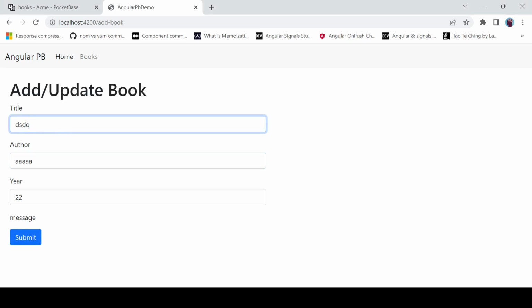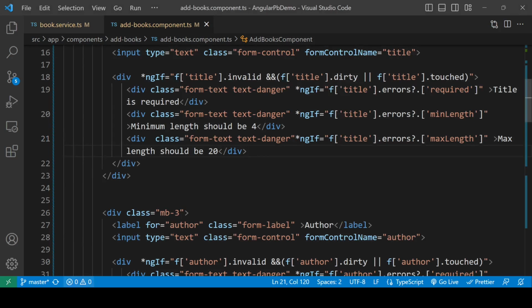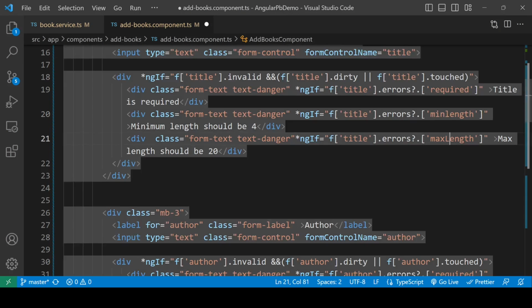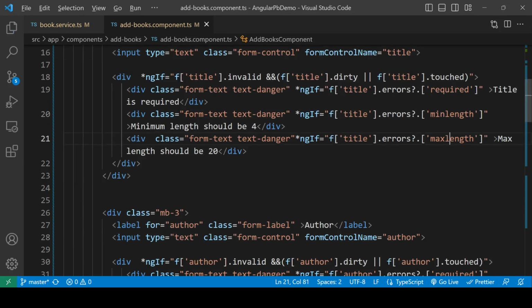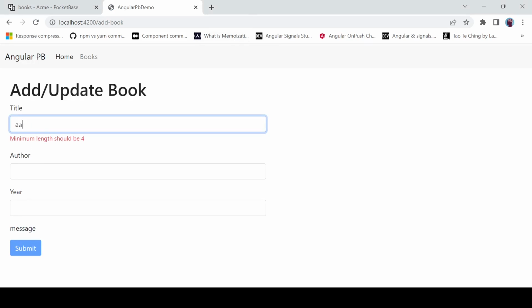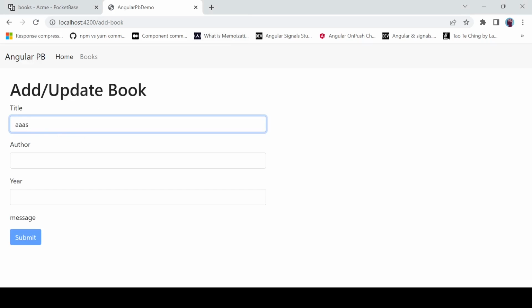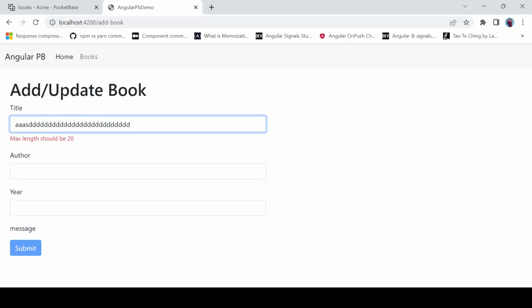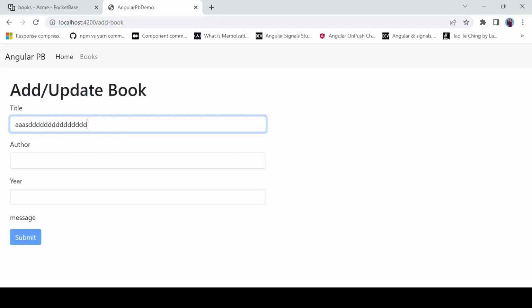If I go here and client side validation, it's not working perfectly. Something is wrong here, and I guess it should not be capital L, and it should not be capital L also. Let's say A, yeah, B. Okay, now it is good. Let's see. Okay, it should not exceed 20 characters. Author should be,